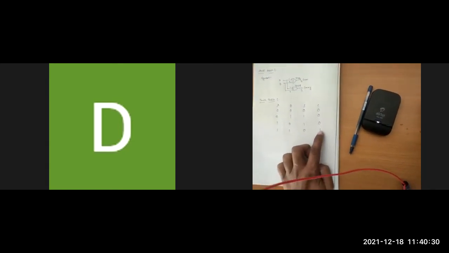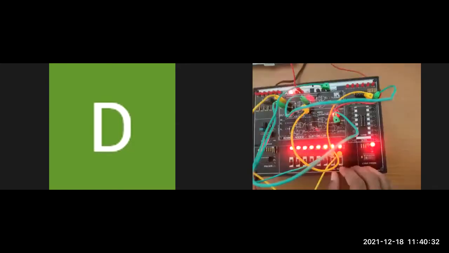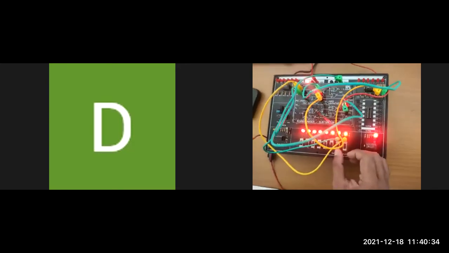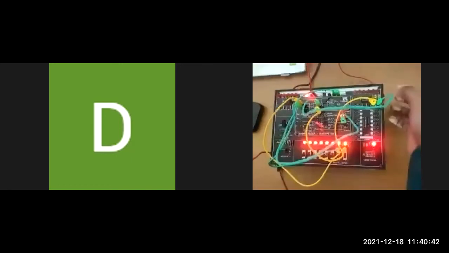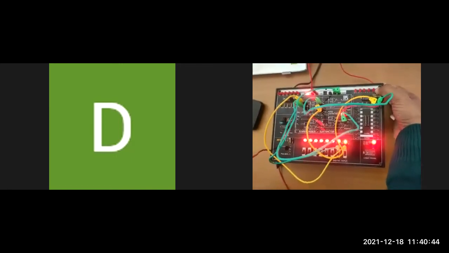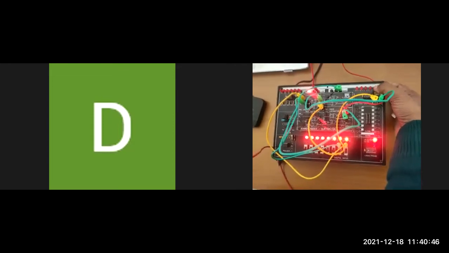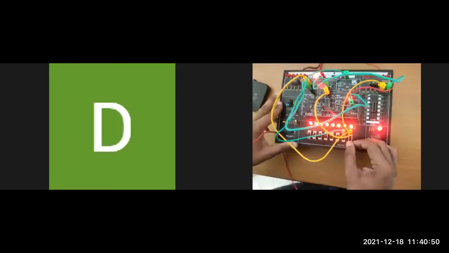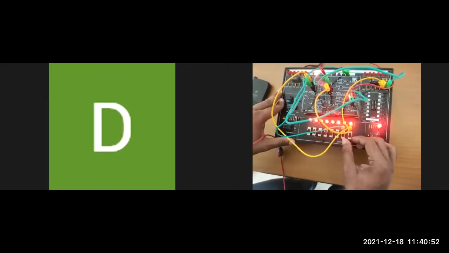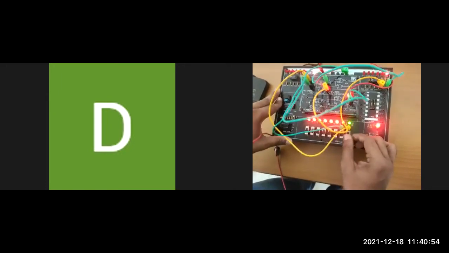Carry 1 is 1 means, here at this moment it is 0 0. Here the first one is for sum and the second one is carry as per our connection. As per this truth table, the second LED should be blinking because the carry is 1. So here I am giving the 1 state of both inputs. This is 1 and this is 1.